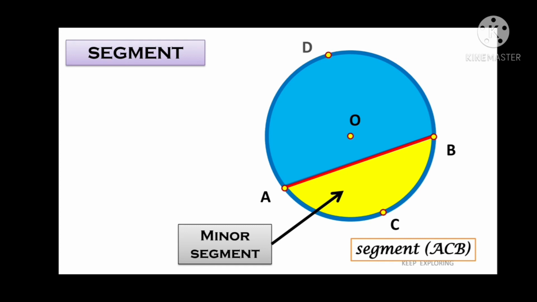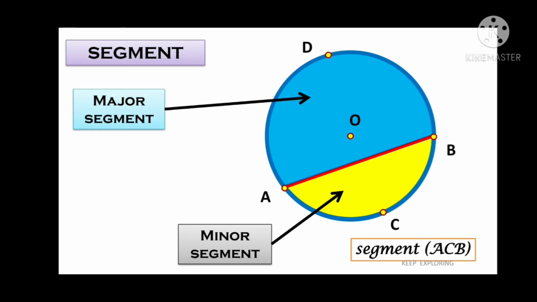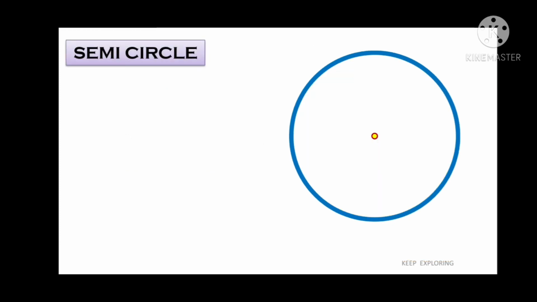In the same way we can take a point on the larger segment and name it the major segment. So the major segment will be segment ADB. Minor is ACB and major is ADB. By the size of the segments we can name them minor and major segment, according to the points on the arc. We will be using the points of the chord and a point on the arc for naming a segment.